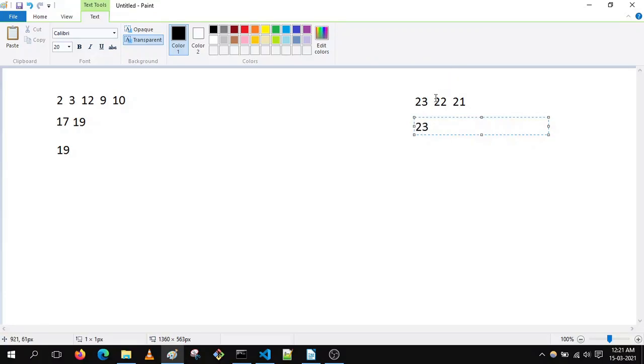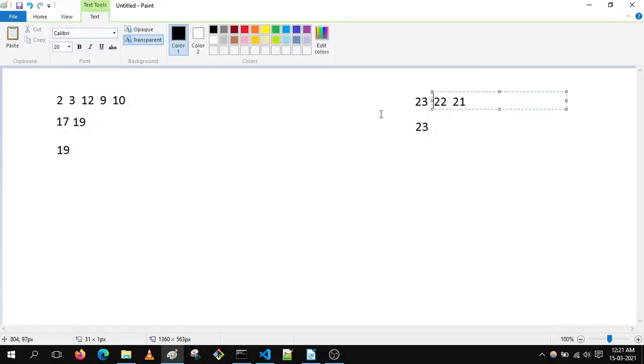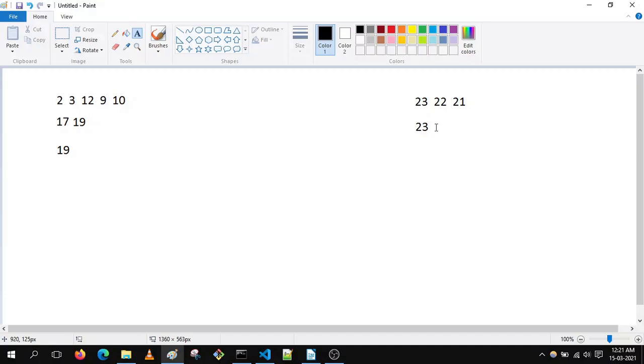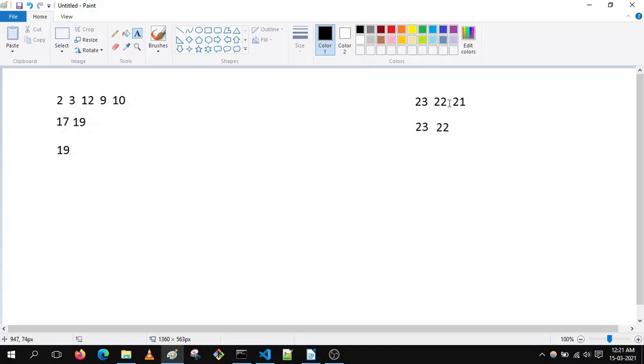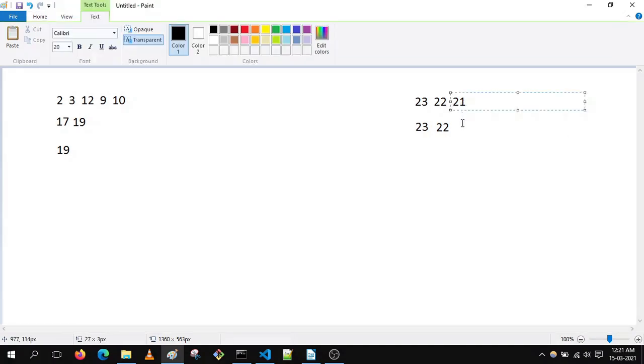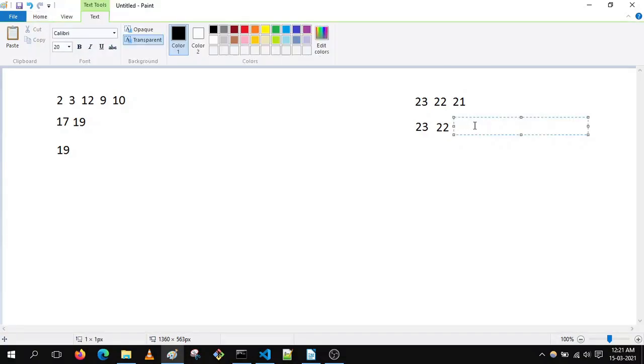After that we have 22, and after 22 we have 21. Since 21 is less than 22, the second incremental series ends here. So we store 22 as the next sum, and then we store the next one as well.